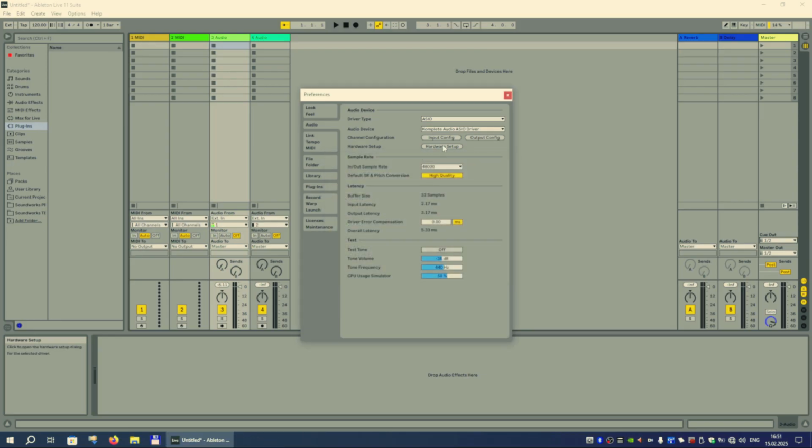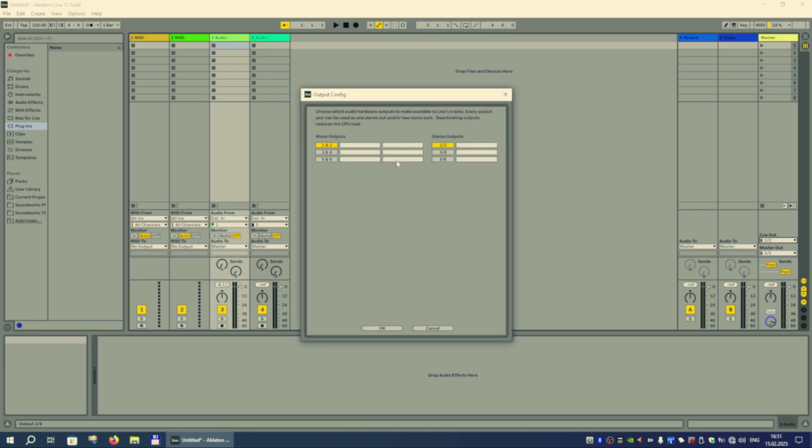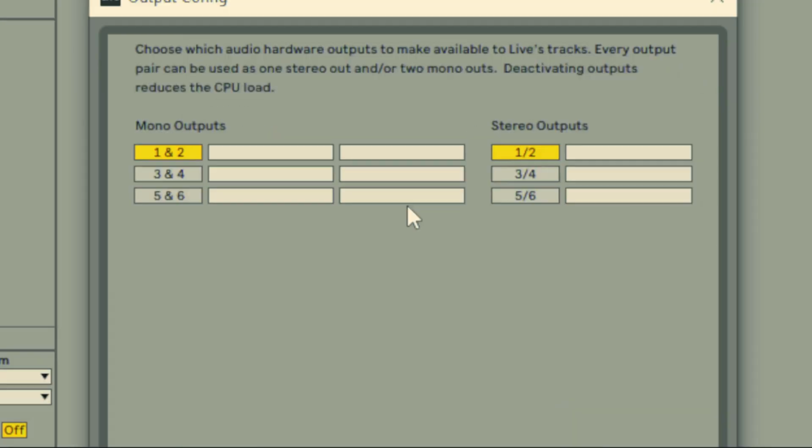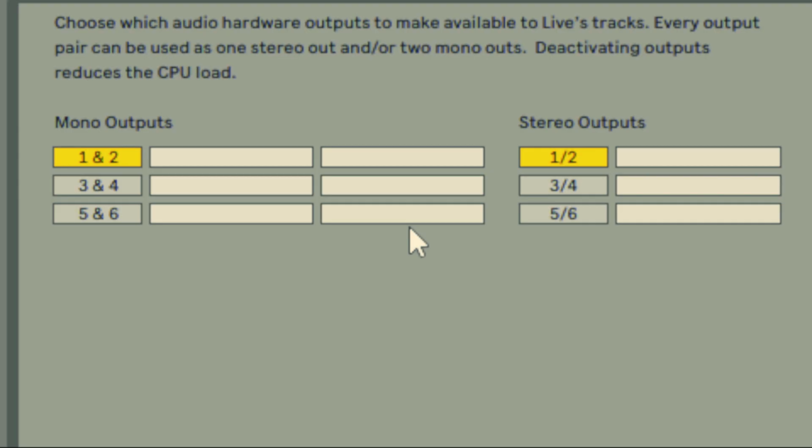It is an extremely useful thing to set up a channel configuration, especially if your audio devices have plenty of inputs and outputs. So if you click on Input Config or Output Config buttons, a new window will appear with the list of all available inputs or outputs for the chosen device. So here you can enable or disable the ones you don't use, for example, because you don't have the respective equipment yet. And because they are separated into mono and stereo subgroups, you can choose precisely what you want. You can also label them here so that you know exactly which one to choose during track setup.